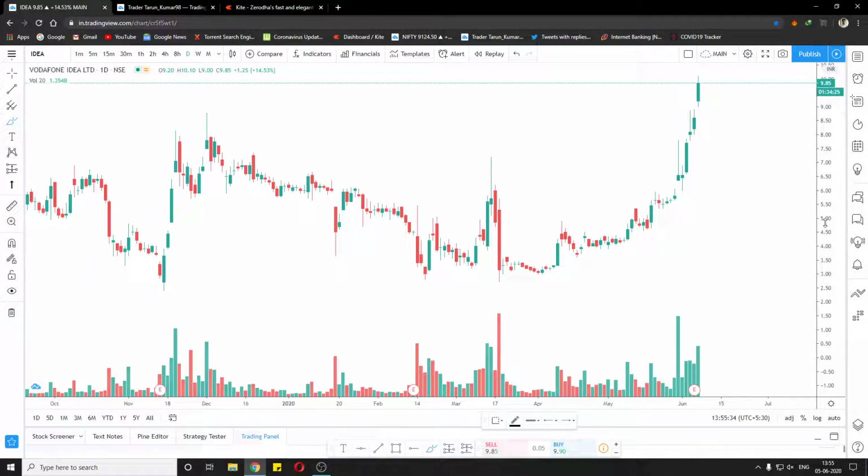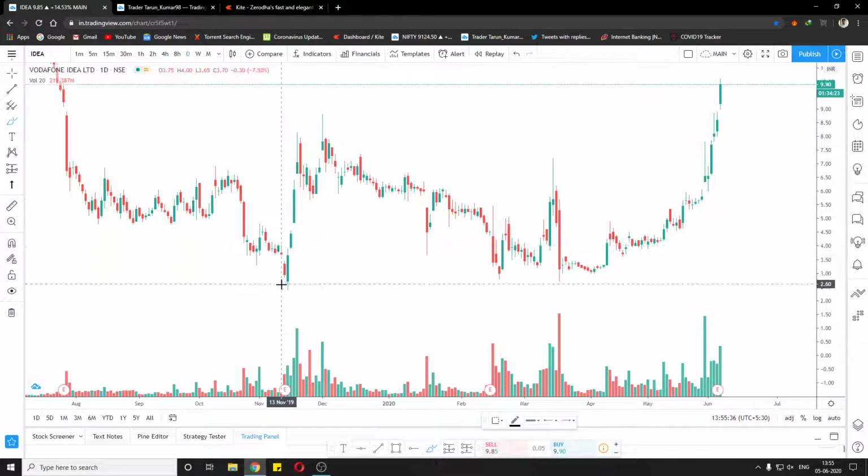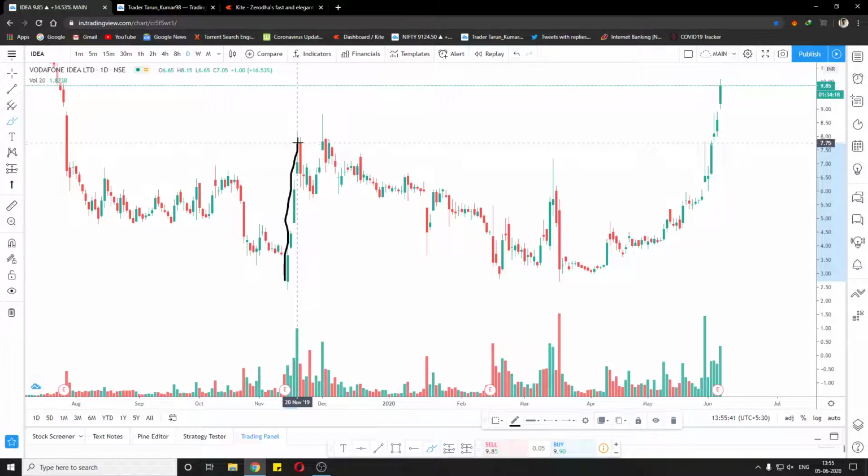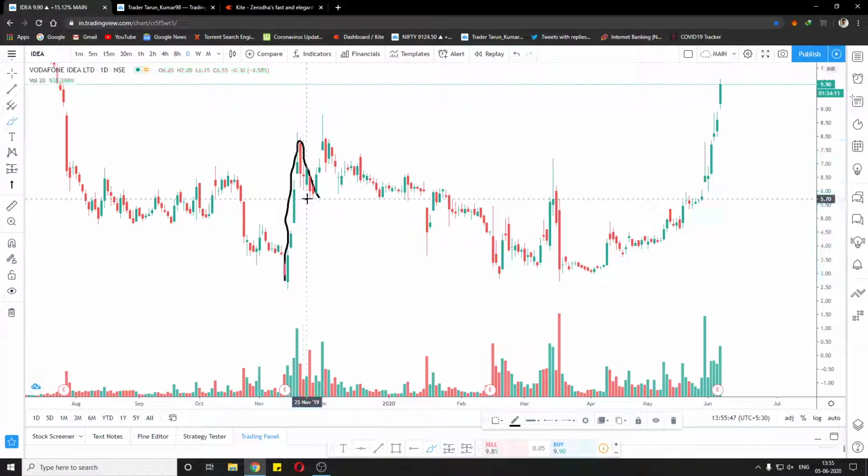So let's say the market started from here. We had this initial up move, and the market reversed here. I think everyone can see this much clearly. So this is our support,